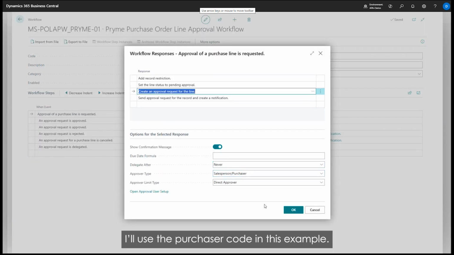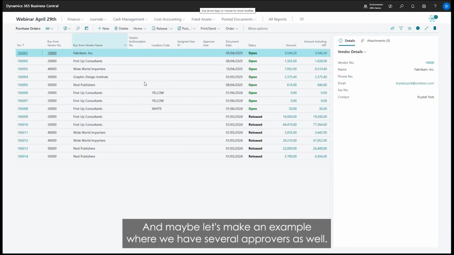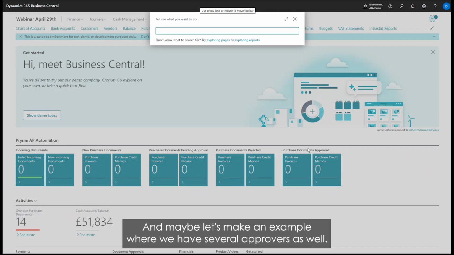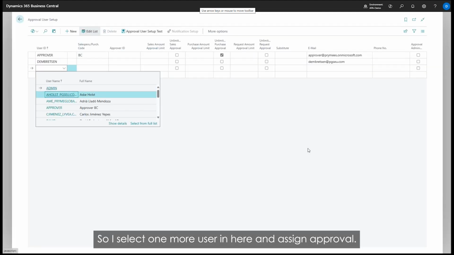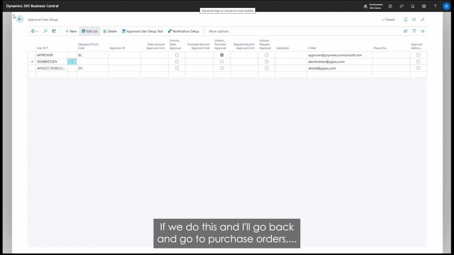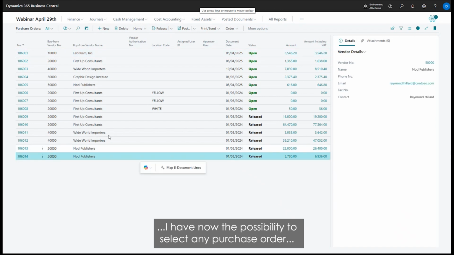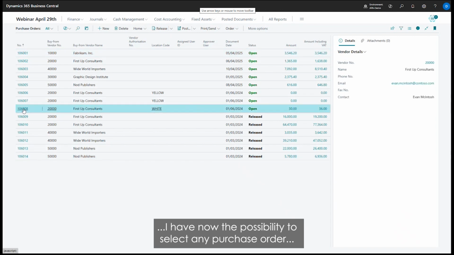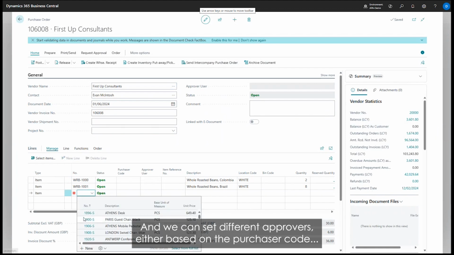Let's use the purchaser code in this example. And maybe let's make an example where we have several approvers as well. So let's select one more user in here and assign approval. If we do this, and I'll go back and go to purchase orders, I have now the possibility to select any purchase order. I enter in the items that I'd like to order, and we can set